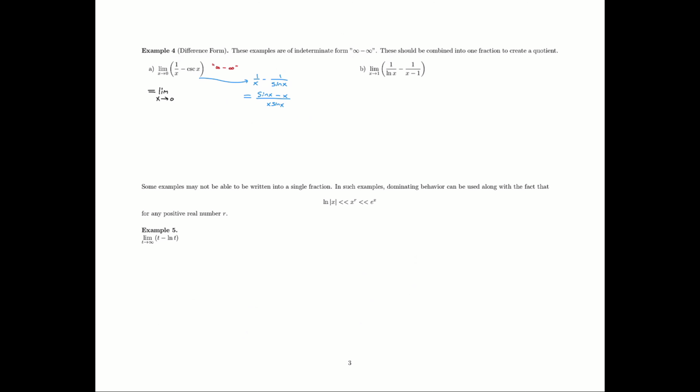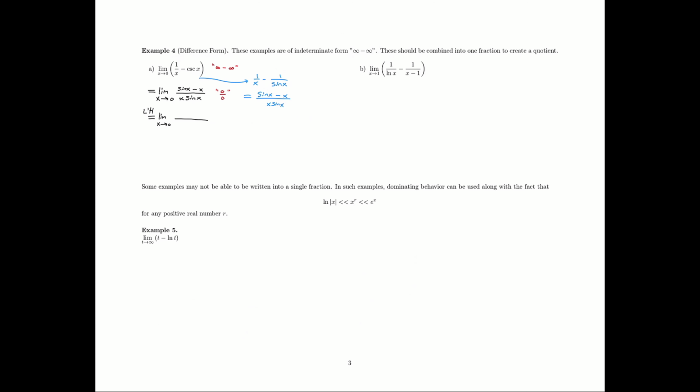So here we have the limit of sine of x minus x all over x times sine of x. Now, if we reassess our form, we see that we have 0 over 0, and now L'Hopital's rule is allowed. So L'Hopital's rule,